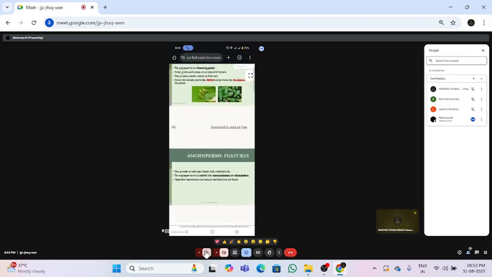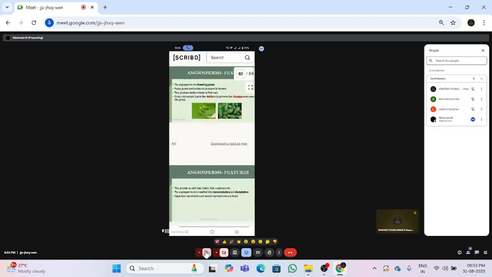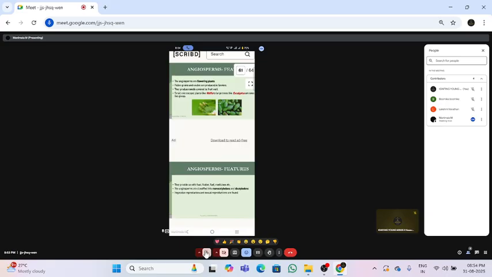The next one is about the angiosperms. Shall I move on? We will finish it; it is a small topic only. Unlike gymnosperms, where the ovules and seeds are naked, in angiosperms the seeds are not naked, right? Yes or no? So angiosperms are flowering plants.